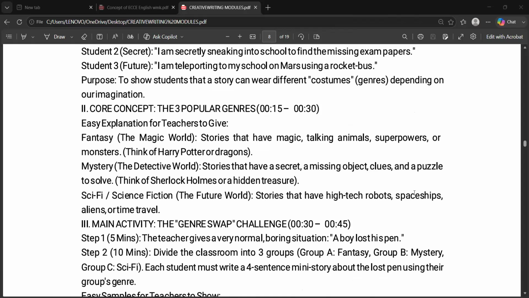When you talk about mystery in the detective world, like Sherlock Holmes and hidden treasures, these are the detective activities which you have to conduct. You can just tell them the missing object with the clues, puzzles, and let them solve the mystery. When we talk about science fiction, about the future world, like high-tech robots, spaceships, aliens, or time travel activities. Like these are some things which you can conduct,